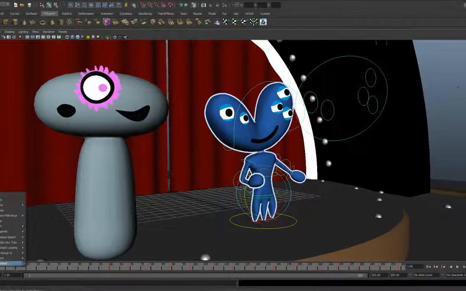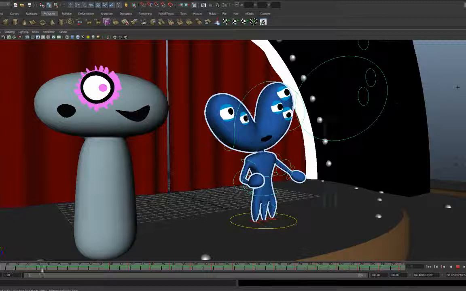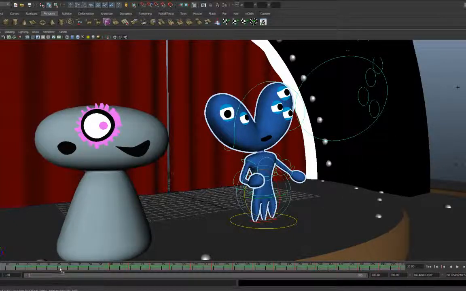If I just right click and go to sound, I'm just going to bring in the sound. As you can see at the bottom in the timeliner, there's the sound, and you can scroll through it and it'll play it. So you can actually keyframe or try and keyframe speech, anything like that, and sync it. So it's really useful in terms of doing things like that. If I press play now,